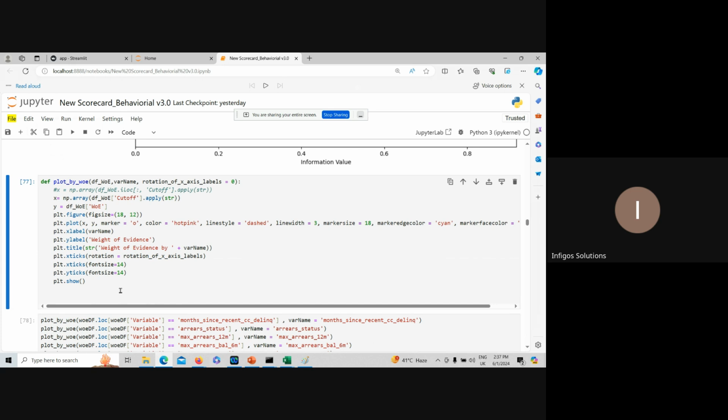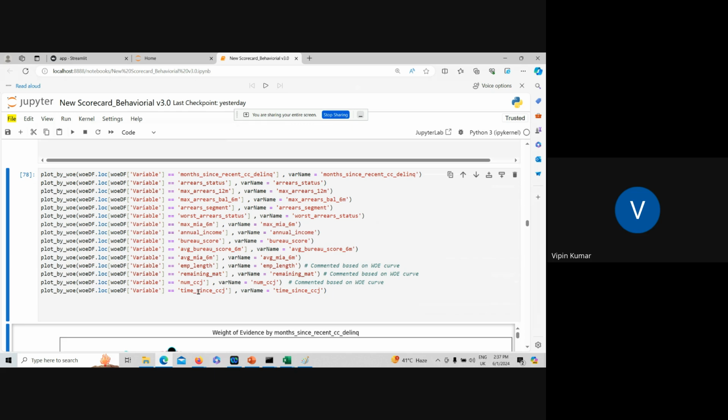Next thing we do is the WOE plot. Sorry, sir, to interrupt. I have one question here. Sure. Instead of dropping variables based on the IV value, is it also a good way to check the VIF, or variance inflation factor, and based on that check the multicollinearity, and also check the IV value, and drop based on that? Would there be any difference in that approach? Thing is, if you drop based on information value,